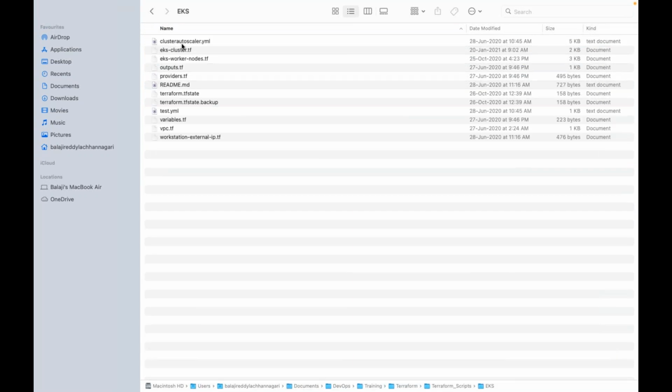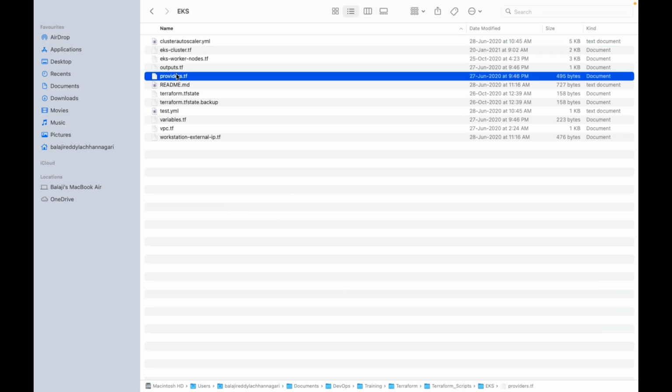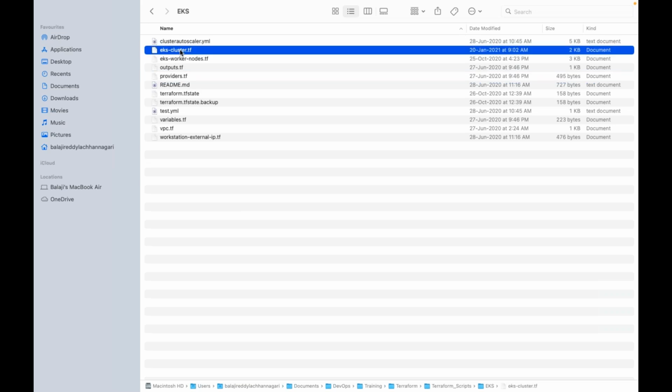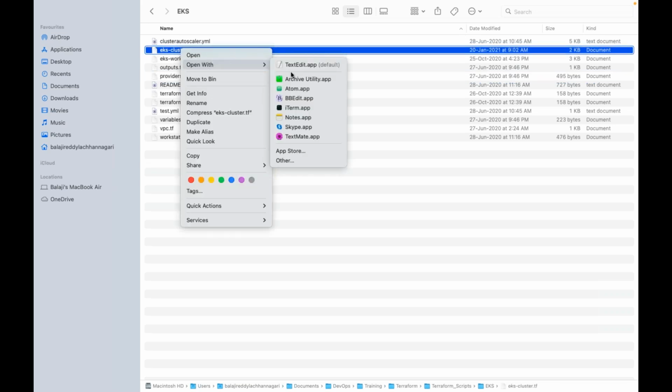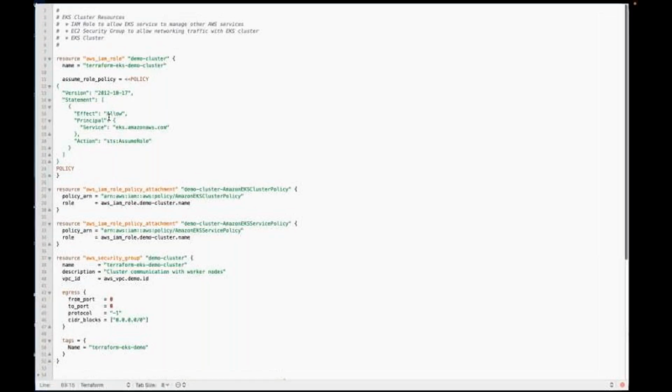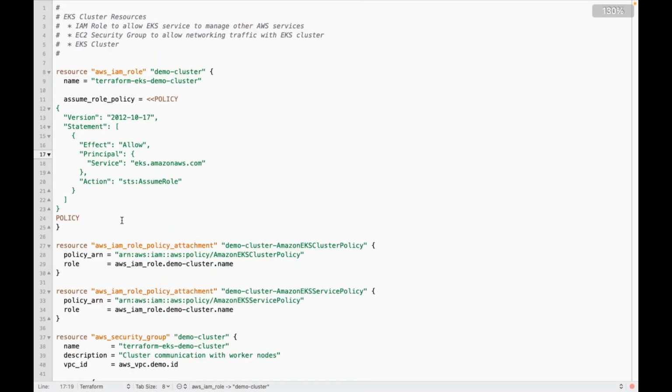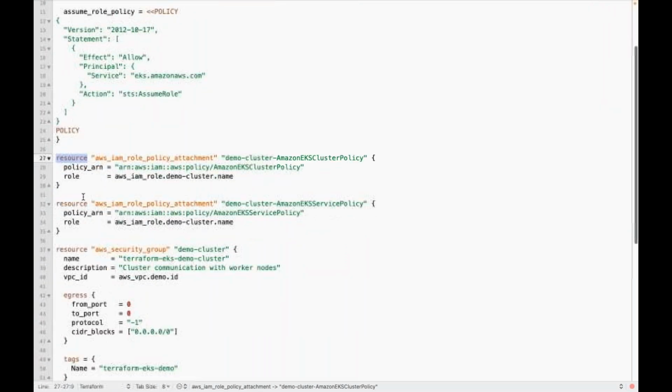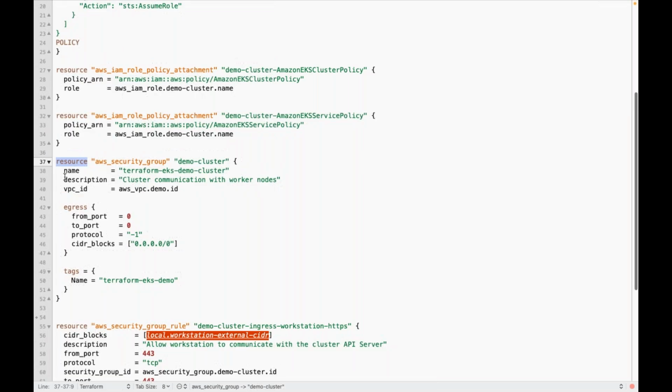I have a sample Terraform script for EKS. Once you are familiar with all these things, blocks, Terraform blocks, by looking at this, will you be able to understand what it is doing?